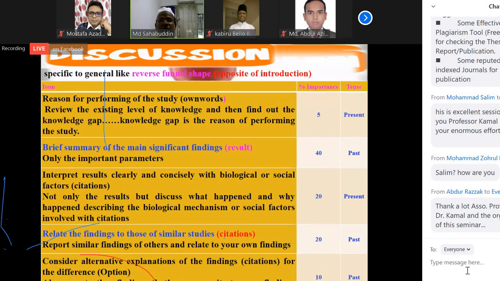So first, the reason for performing the study. Second, you put the findings. Third, you have to give the idea about the mechanism. Like you told your parameter, plant height, chlorophyll, or hemoglobin is increasing. So we have to explain a mechanism from plant science or medical science. What is the mechanism behind it? Due to the application of the fertilizer or due to the application of the paracetamol, what is the mechanism to increase the plant height or to increase the hemoglobin? So you have to give the proper mechanism with the citation.